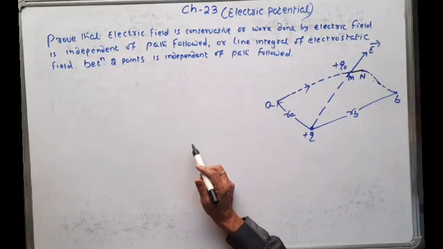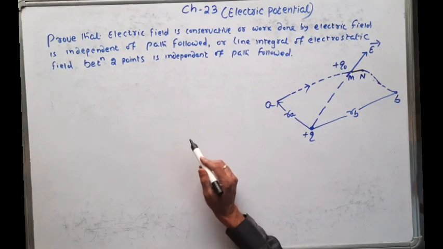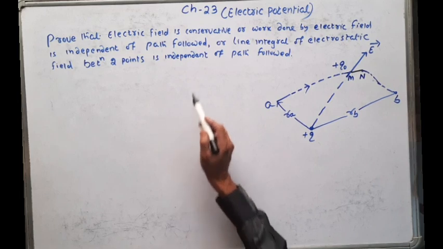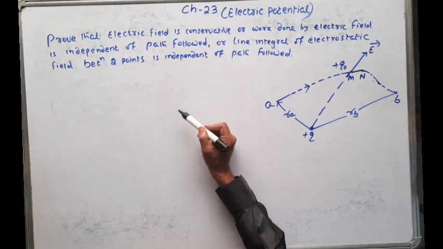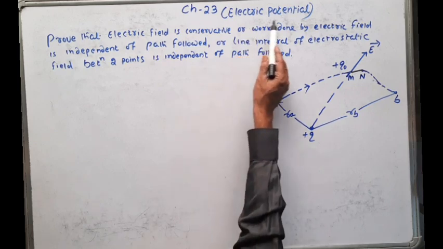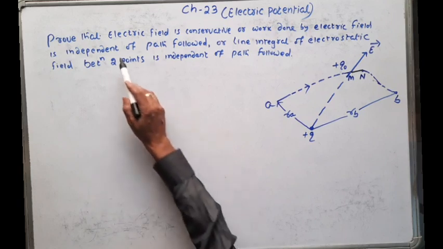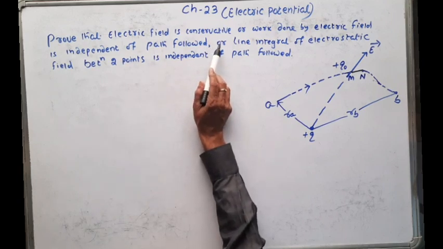Jai Jagannath. After completion of electric field and Gauss law, let us start chapter 23 of the University Physics book, that is electric potential. This is a common question asked every time in the board